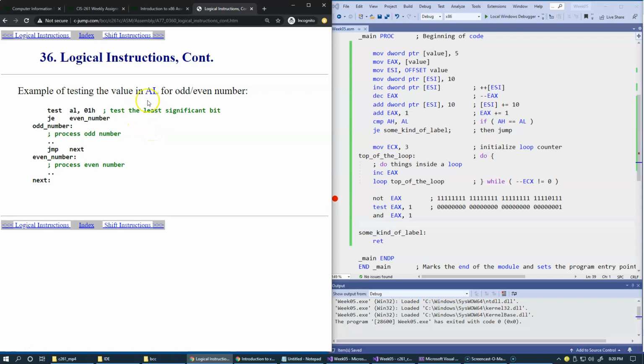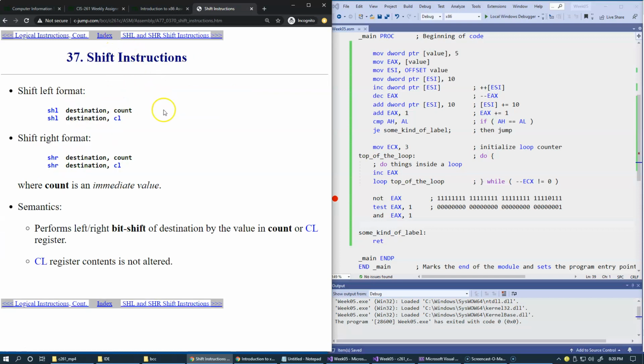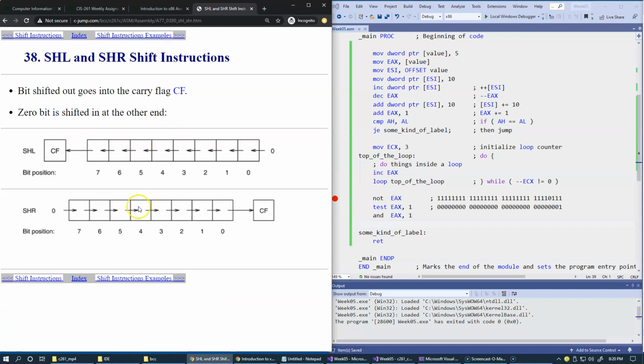So these are other brief examples of testing a certain value using the test command. I'm not going to spend a lot of time. This is just an example of the code, and the rest of this presentation is showing you examples of shift instructions. So shift instructions, it's easier to see these diagrams